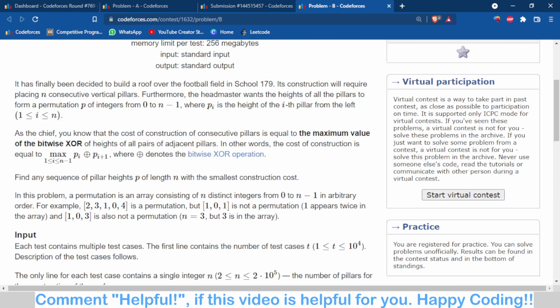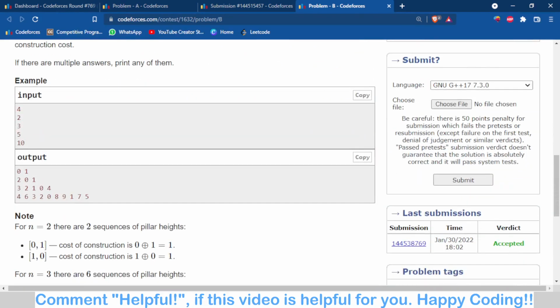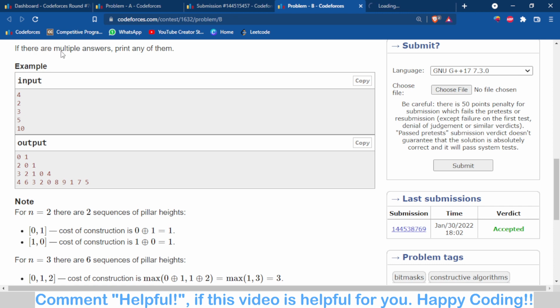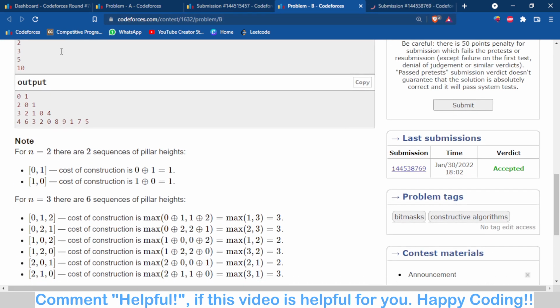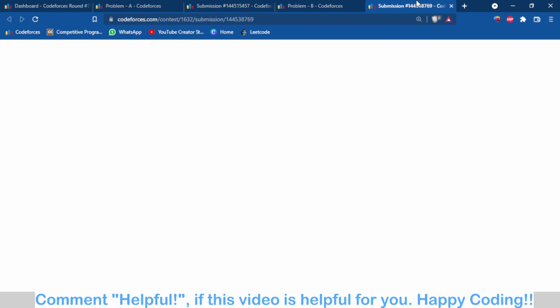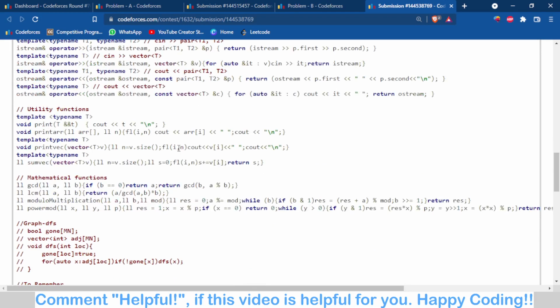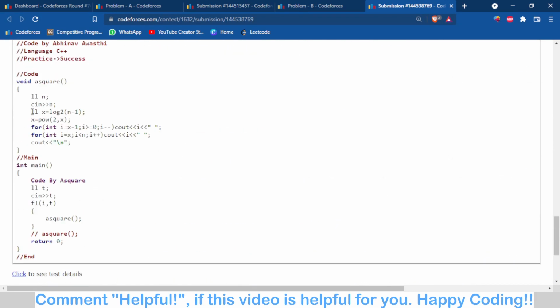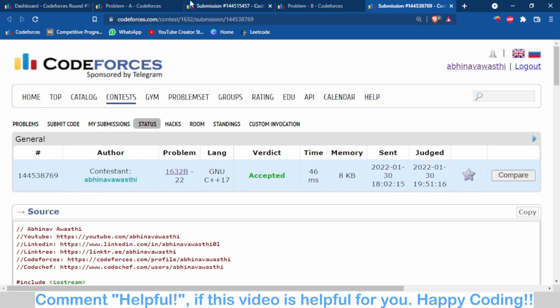तो देखो मैंने कोड में क्या किया हुआ है। मैंने बहुत ही छोटा सा कोड लिखा हुआ है। जब मैंने n माइनस 1 का log 2 निकाला, फिर मैंने उसका पावर ले लिया 2 के साथ, फिर मैंने जितने भी उससे छोटे नंबर थे उसको एक तरफ प्रिंट कर लिया और उससे बड़े नंबर को एक तरफ प्रिंट कर लिया। तो एक छोटा सा कोड है, मैं आपको लिंक दे दूंगा, आप चेक कर सकते हैं। तो आई होप आपको समझ में आ गया।